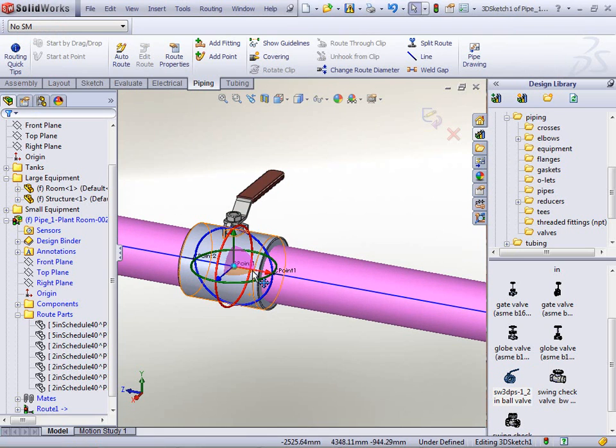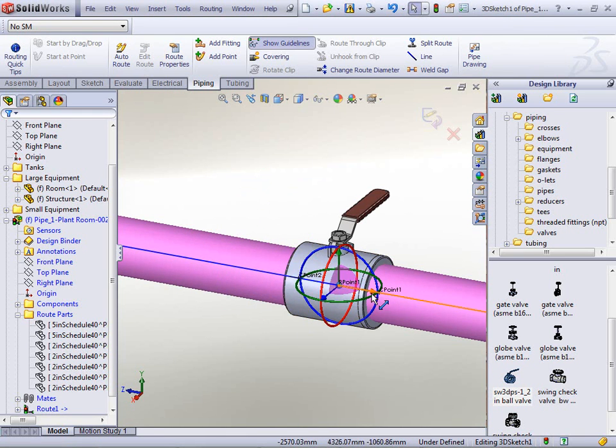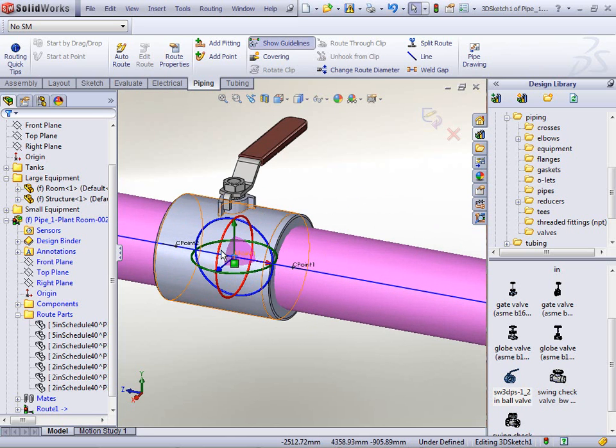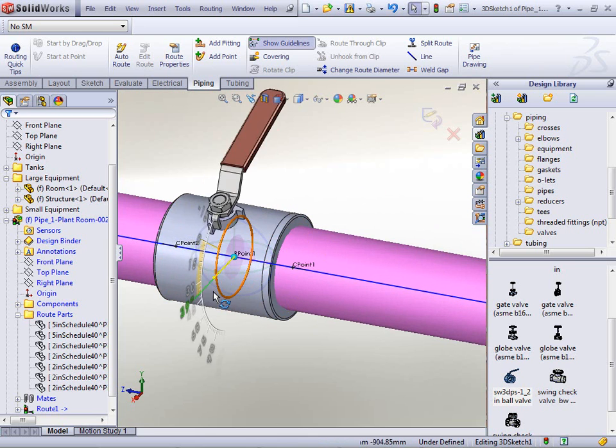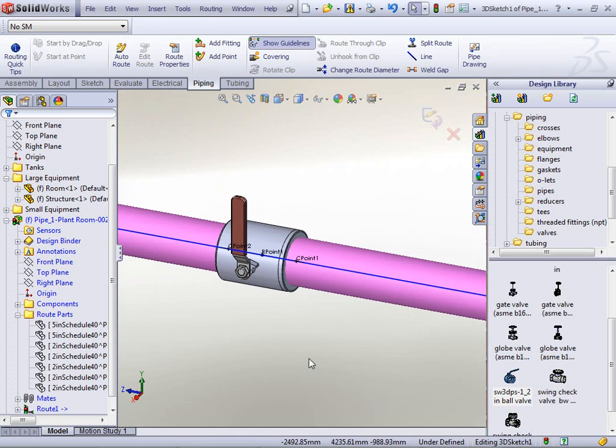Now the Triad comes up, and now I can move this around, and this thing will update. So I can move the location. But then also these circles, if you haven't used a Triad before, this will let you spin this 90 or 270, however you want to do it. And so that setting again